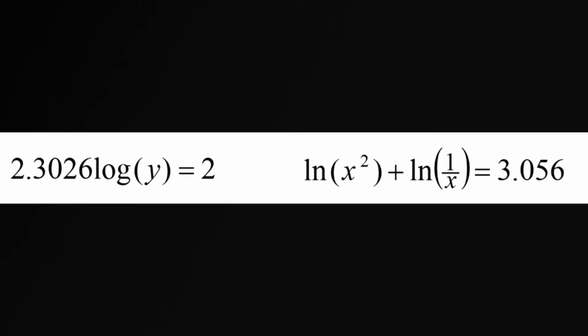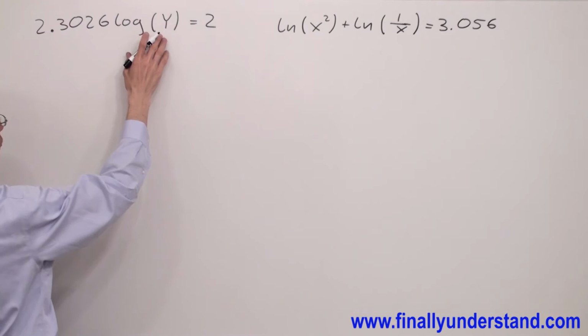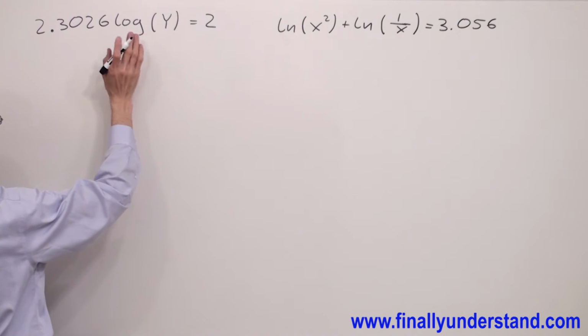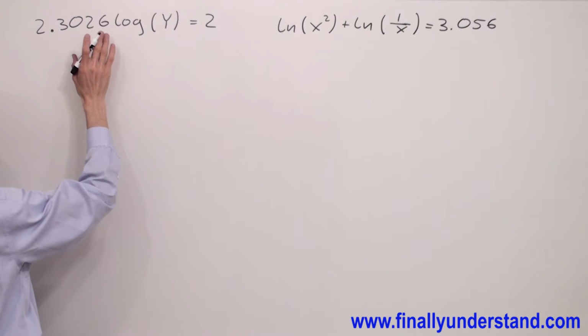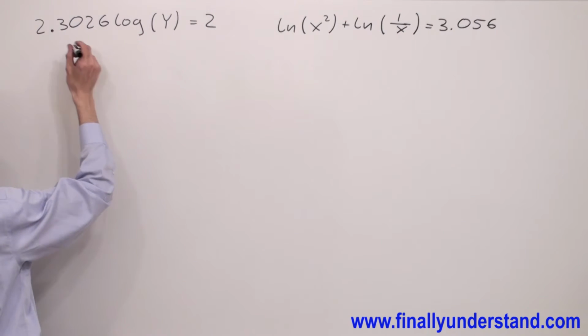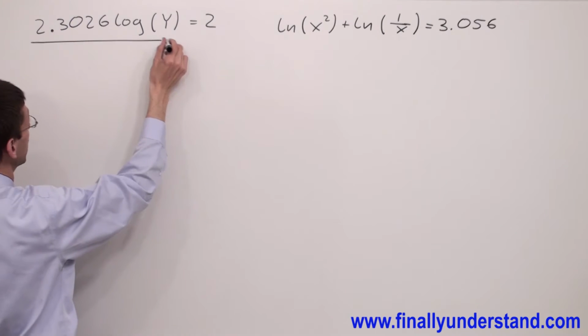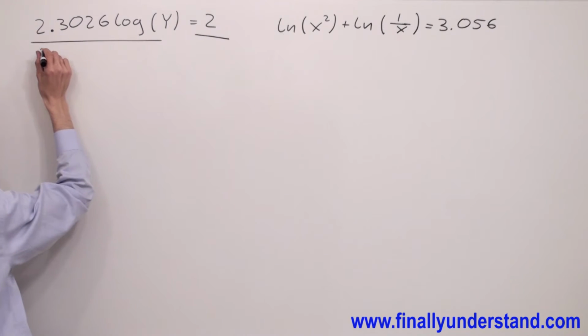Let's take a look at these examples. First problem, we're supposed to find the value of y. In order to find the value of y, I have to eliminate this coefficient from the term with the logarithm. So what I have to do is divide both sides of the equation by